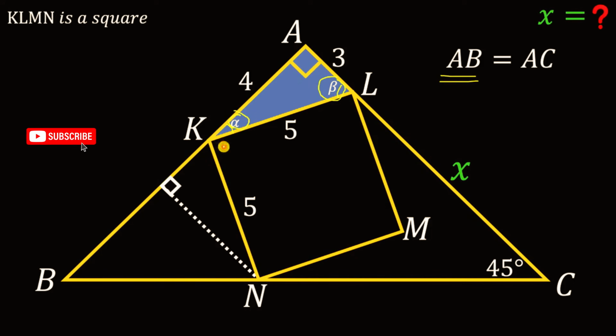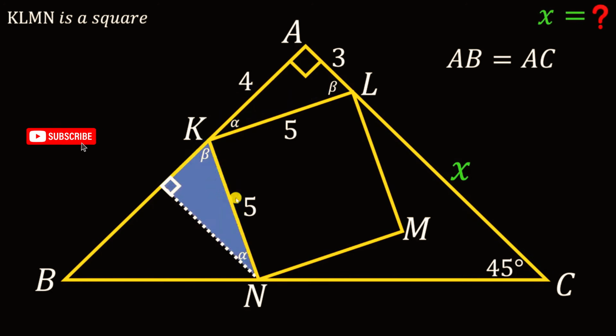Now, this is 90 degrees for sure because this is a square. And if we add this angle to alpha, we have 90 degrees also. Therefore, this angle right over here must be equal to beta. And if this is beta, this angle must be equal to alpha. Therefore, these two right triangles must be congruent. So if they are congruent, this side length must be equal to 3 units, and this side length must be